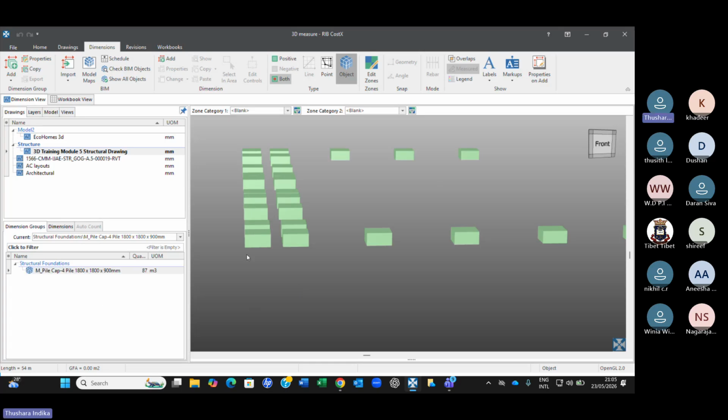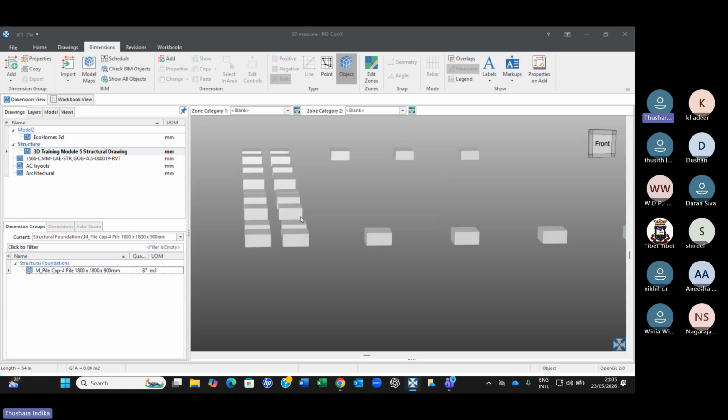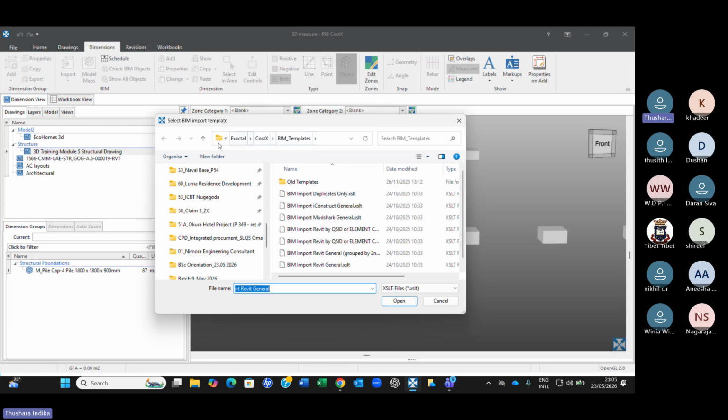Everything can be possible. You can abstract information from the model itself. And how do you do that? First, you need to create the dimension group. You can do it automatically. How? Dimension, go to import dimension using beam template, and then it will ask, are you sure you want to go for the visible objects? I say yes. And then it goes to a kind of dialog box here, and you have to select this beam import Revit general